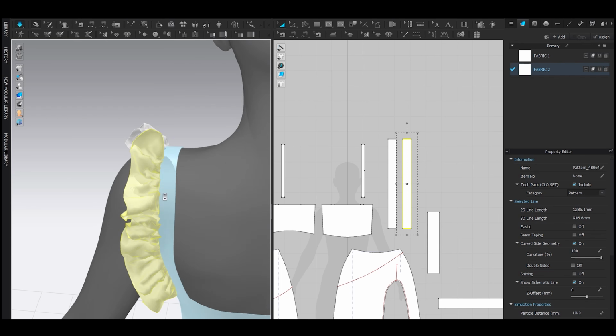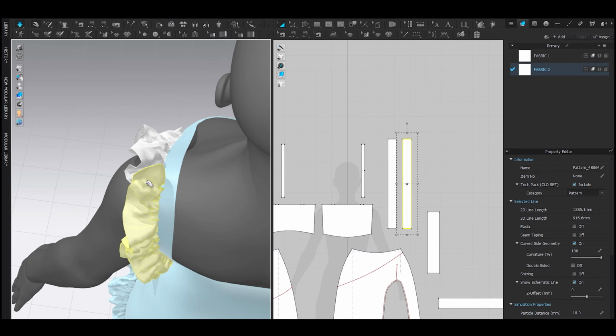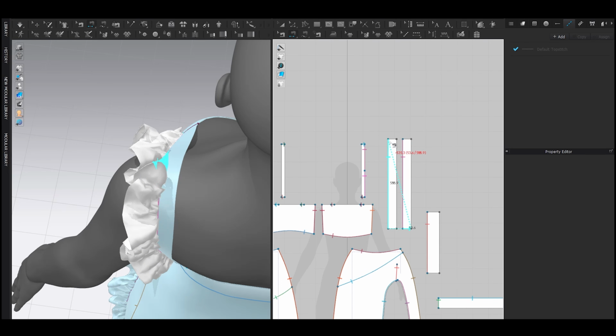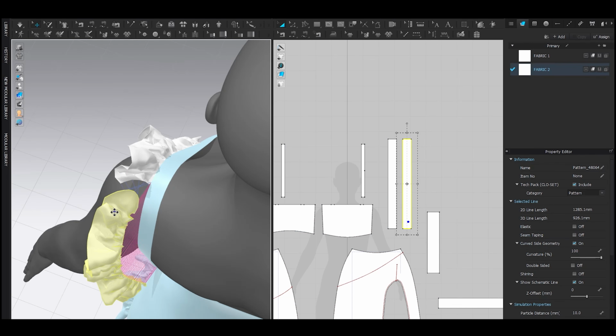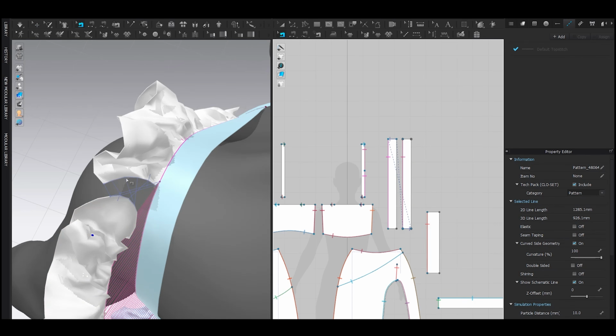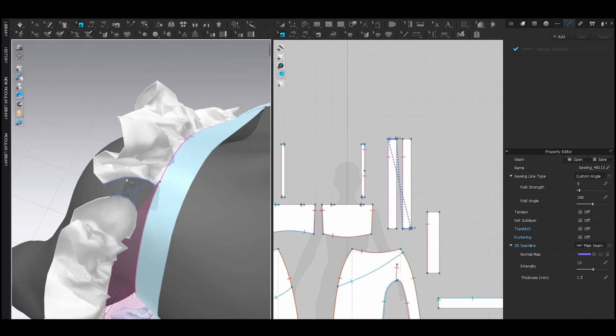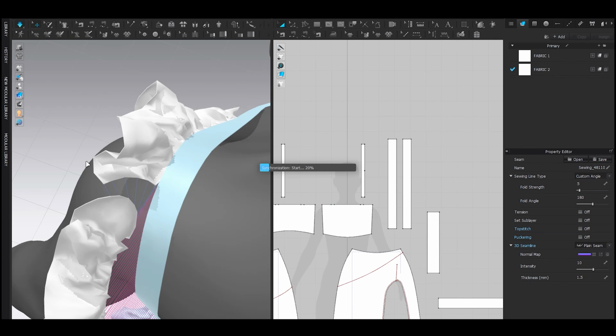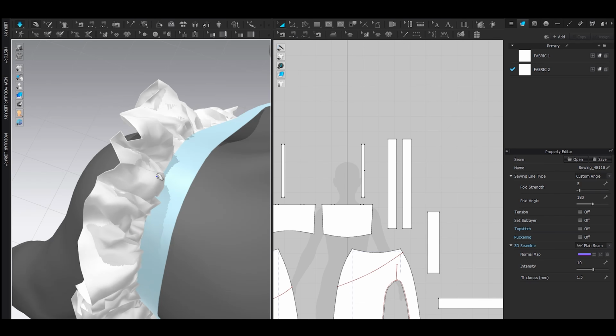Let it breathe nicely and heavily. Let's sew it from here to here. Make sure the sewing threads are not reversed, which is here in this case reversed. Right click and then reverse sewing to make it straight and simulate and let it drape,